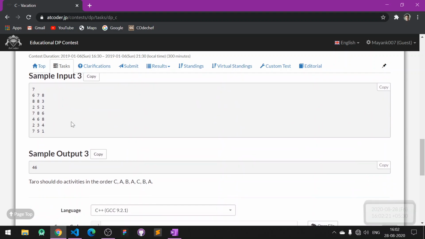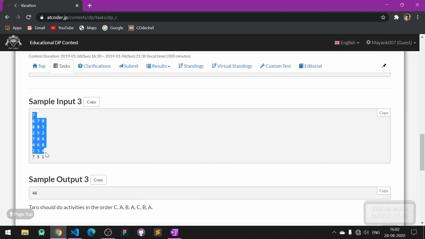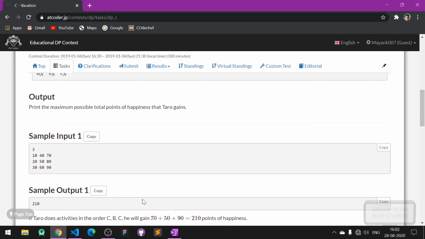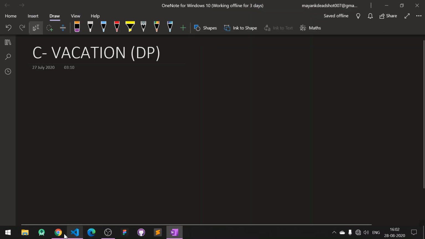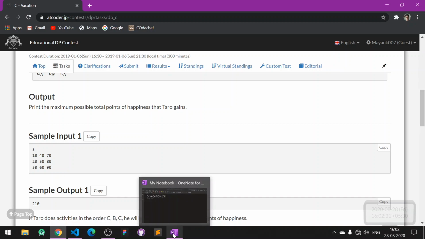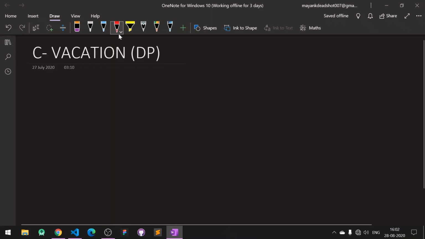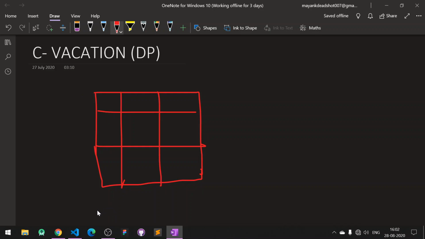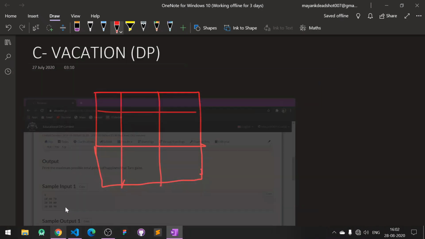I'm not going to tell the answer of this one. I'm just going to tell you how we can make a DP array of it. Let me start. There is given n equals 3, a 3 by 3 matrix. The first row is 10, 40 and 70.